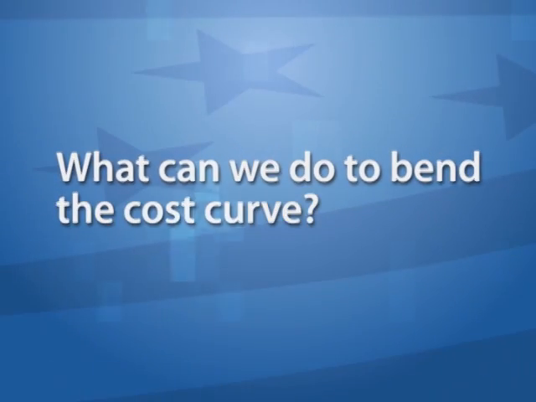What can we do to bend the curve? There's actually quite a few things that we can do to bend the cost curve or just to decrease cost in healthcare. The first is looking at minimizing the waste. Right now we have an enormous amount of waste in the healthcare system. In fact, there are estimates that $700 billion worth of the care that is being delivered has never been documented to help people get better. So there's a lot of things that we can look at in the system of what we're spending the money on and try to make sure that those things actually help get patients better.